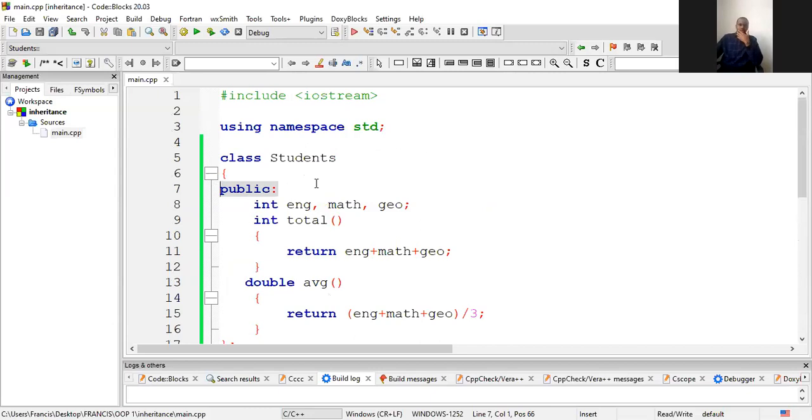Now, what are private members? Private members are members of a class that cannot be accessed from outside the class itself, and therefore they implement what we call data hiding. All right. Now, private members by default,